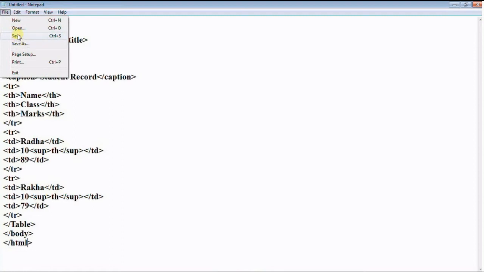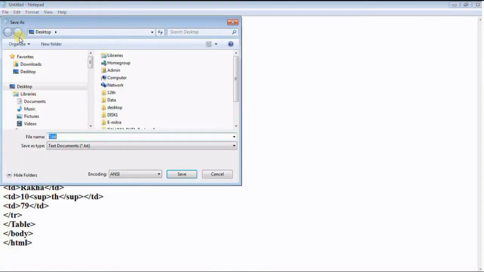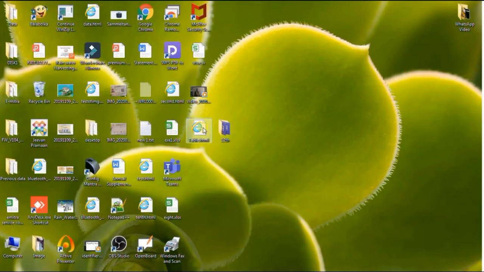Now save your data. I'm saving this on the desktop, typing table.html, and save. You can see your default browser's icon is present on table.html.